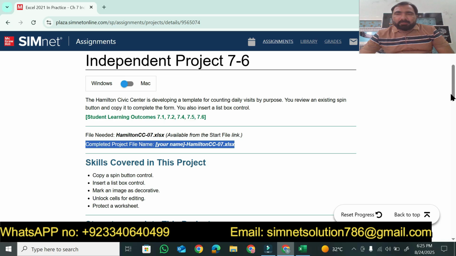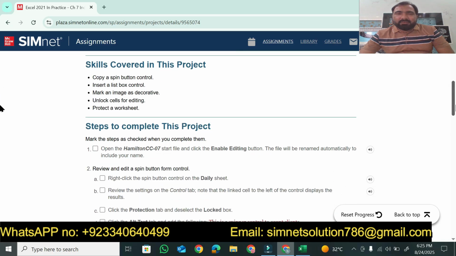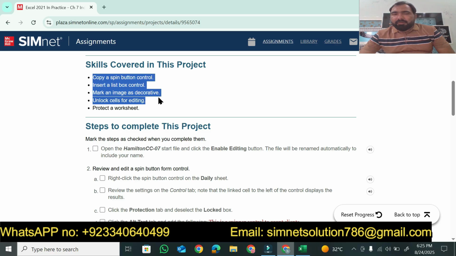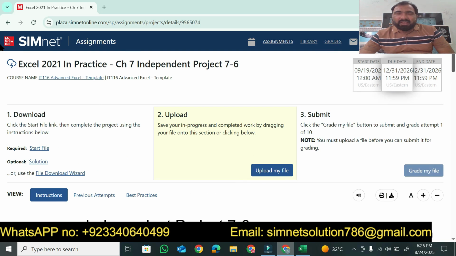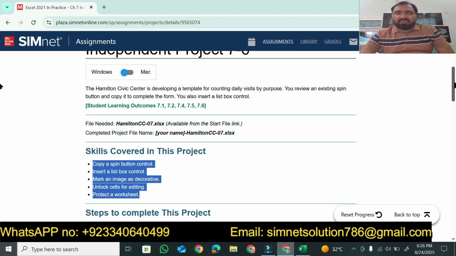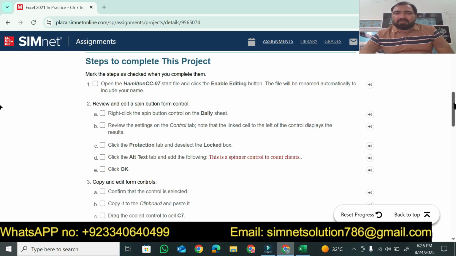So skills covered in today's project. We will cover the skills that are listed here: copy a spin button control, insert a list box control, mark an image as decorative, unlock cells for editing, then protect the worksheet. So all these skills will be covered in today's project. After covering everything about today's assignment, Excel 2021 in Practice, Chapter 7, Independent Project 7-6,